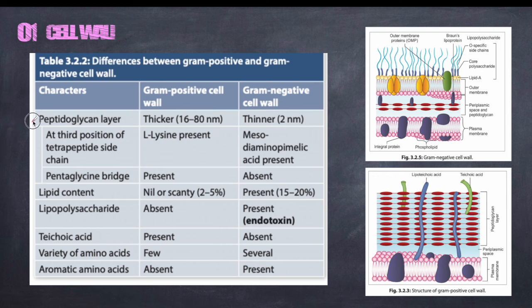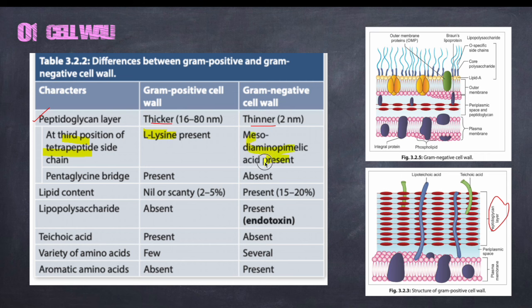As you can see, the main characteristic difference between both of them is, first, the peptidoglycan layer, which is very thick in gram positive and very thin in gram negative. You can see in the pic also, the peptidoglycan layer is very thick in gram positive. Let me take the highlighter. Now at the third position of the tetrapeptide side chain, in gram positive L-lysine is present, and in gram negative